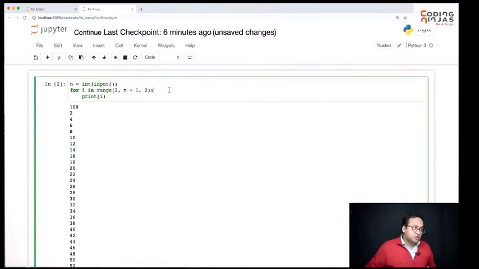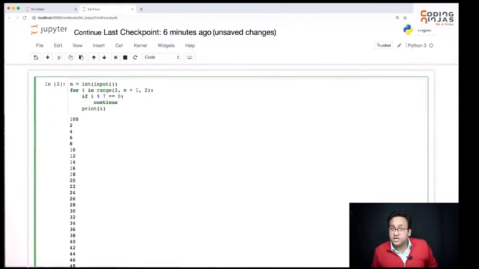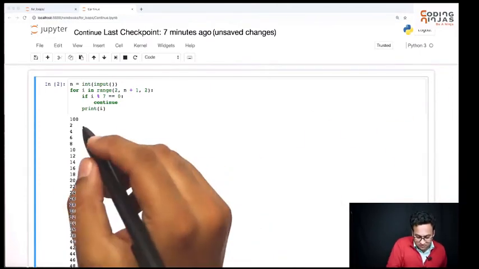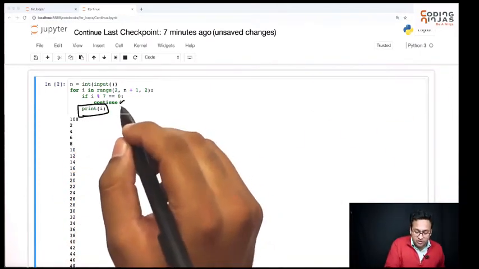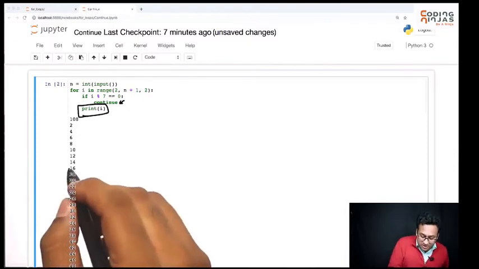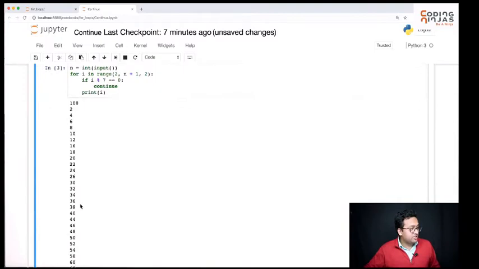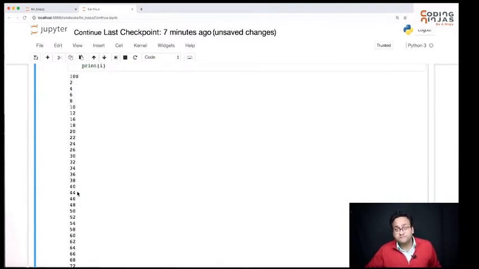So using continue, what you can do is, if it is divisible by 7, then continue. This basically means I'll come inside the loop for all the numbers, but if it is a multiple of 7, I will not go to the print statement. So this will be done only if I don't hit the continue. It does not mean I'm going to break the loop. So it's going to skip 14, but it's going to come again at 16. So let's do it again. You don't see a 14 here, you don't see a 28 here, you don't see 42 here, and so on. So we'll basically skip all multiples of 7.